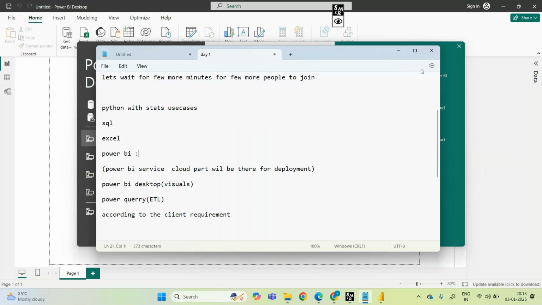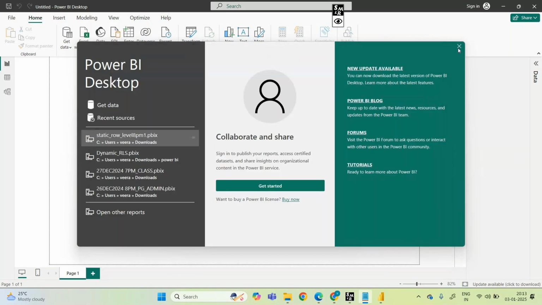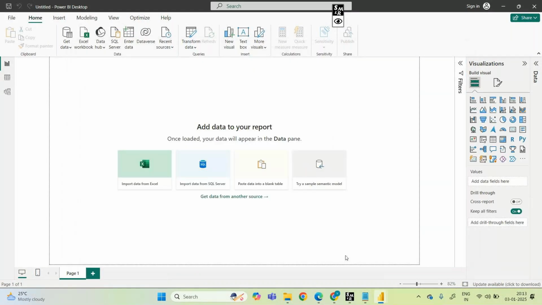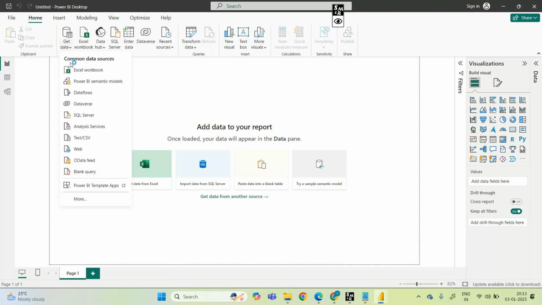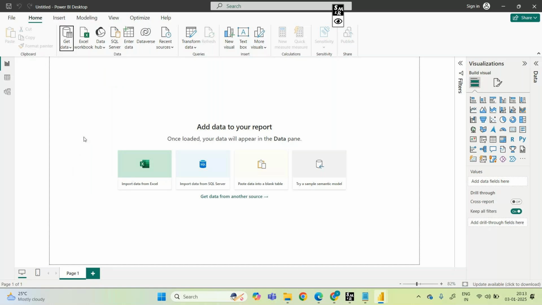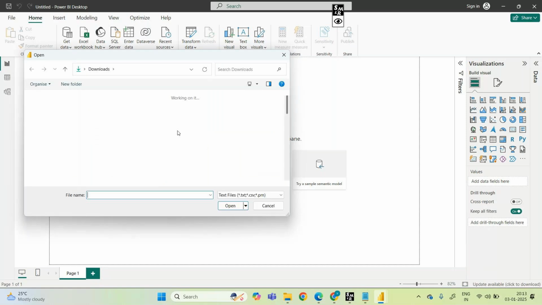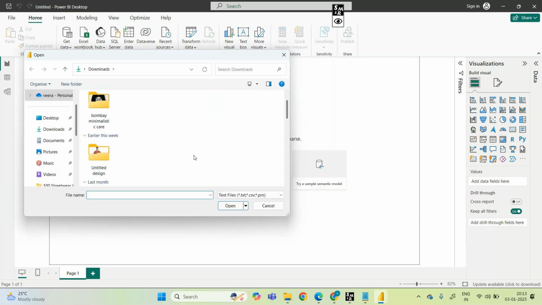Let's see this. One second. Let's use the entire RAM of this system. See, I'm picking the data from my local system, local storage.